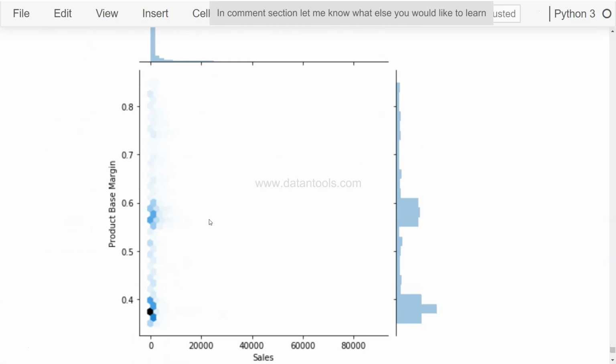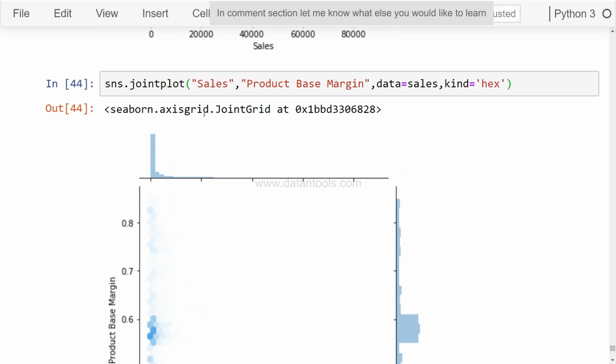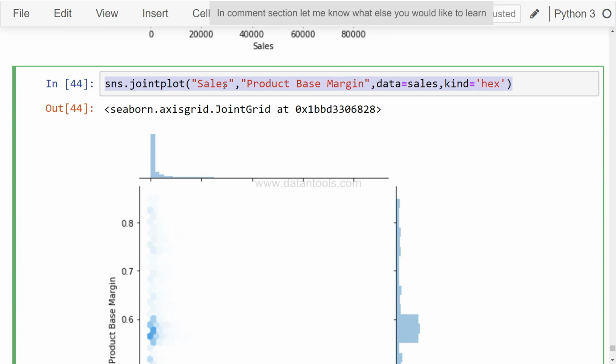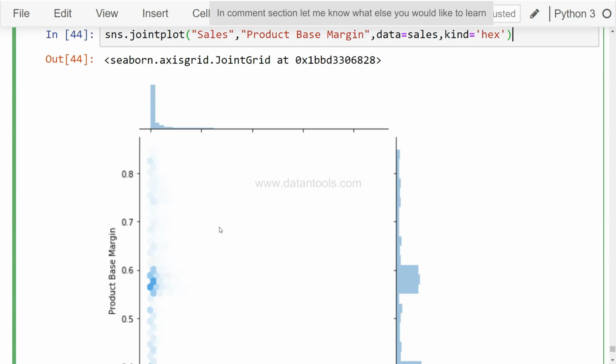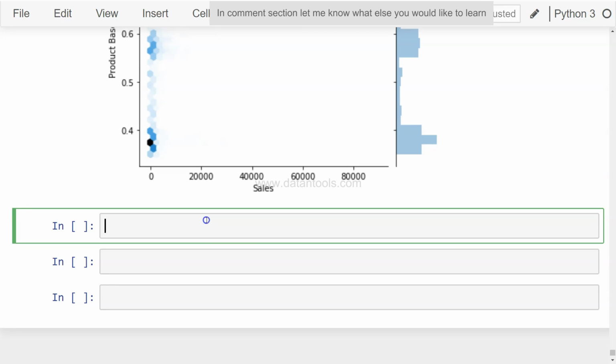So over here, now you see this is more of a hexbin, and the dark colors over here show the concentration of the values. So it looks like the values are concentrated over here on the product base margin and sales side, and over here as well. And another interesting chart we can make from this, if I just paste it here,